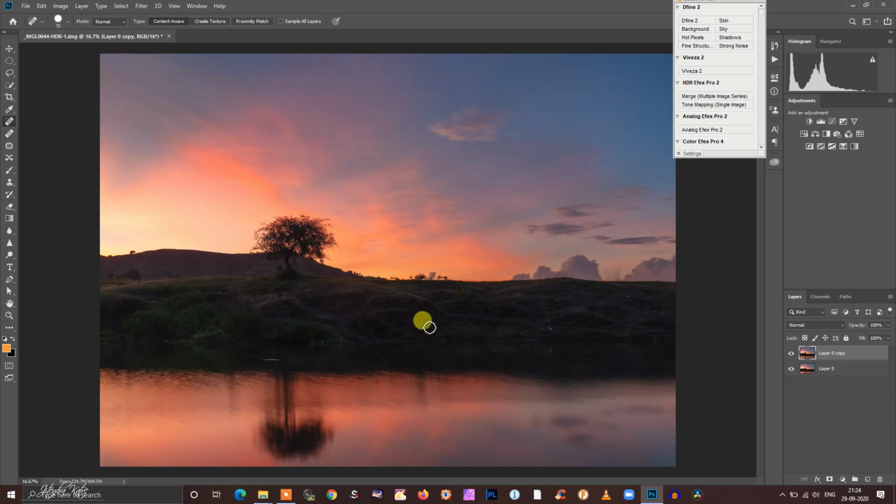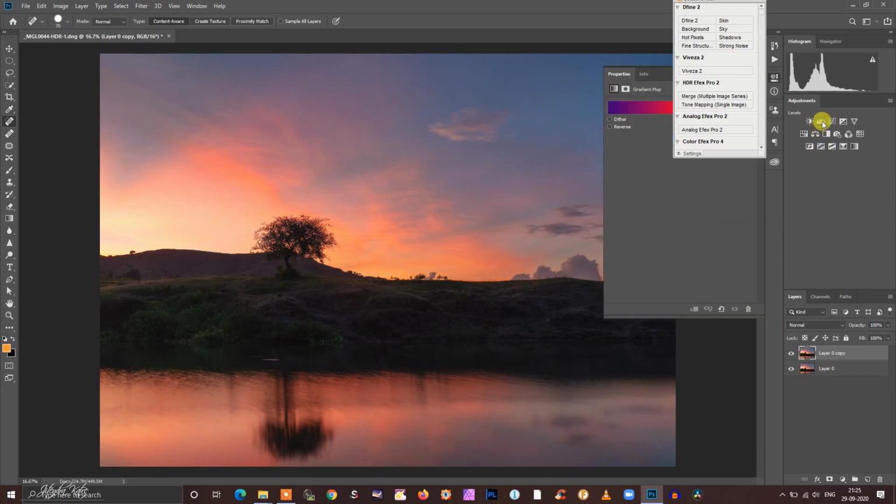With a healing brush, I will remove some of the debris that is seen around here. Remove couple of dust spots. Okay, that's it.